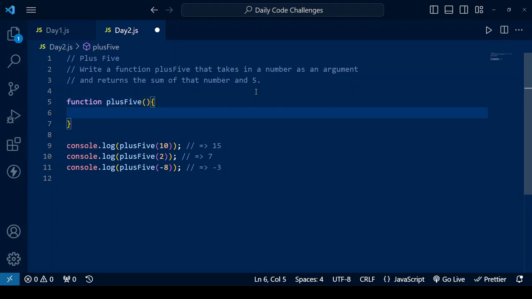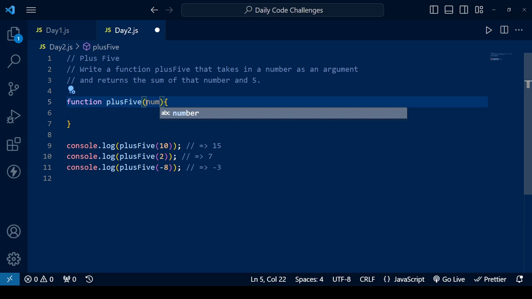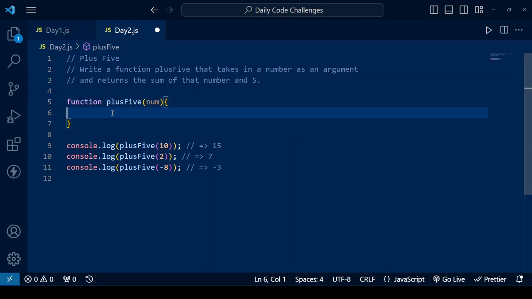The question says this function takes in a number as an argument. For any argument, there has to be a parameter, right? So we are going to give this function a parameter. Let's call it num or number, but I choose to use num. You can choose to use any parameter name. So it says write a function +5 that takes in a number as an argument and returns the sum of that number and 5. What this means is that any number we put in as num adds itself to 5 and gives us the result. So we say num